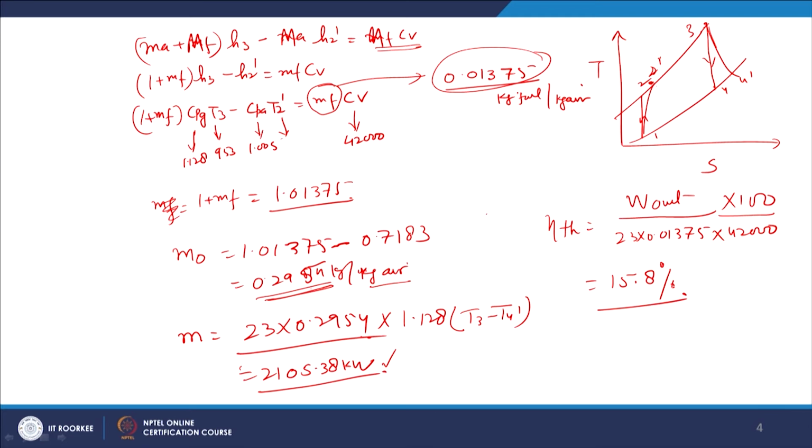So, in a nutshell, what we have done is simply take the system like this. The compressor takes the air, which is split; one turbine is producing sufficient power to drive the compressor, another turbine is giving the output. In this system, the efficiency is coming out to 15.8%. The thermal efficiency is quite low because the maximum temperature is going up to only 680 degrees centigrade.